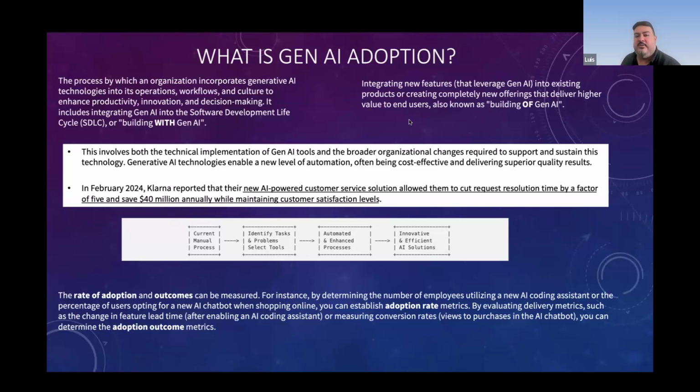So how do you develop something like that? First, look at what's currently a manual process. Identify tasks and problems that could be improved and select what tools it could be. Is it a RAG? Is it just a normal LLM? Is it agentic AI that's going to solve the problem? Then you go to POC mode, where you automate and enhance that process using it. And then if it's good enough, you go next and do innovations and make it more efficient,